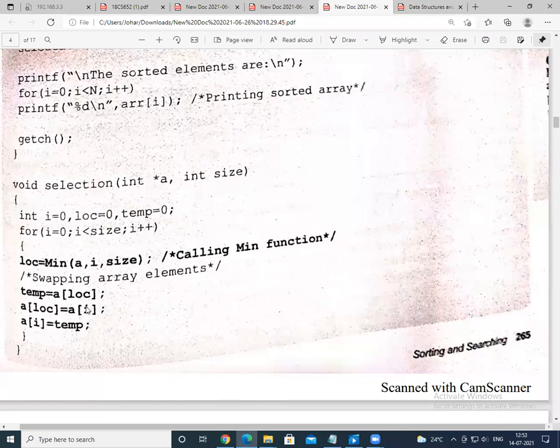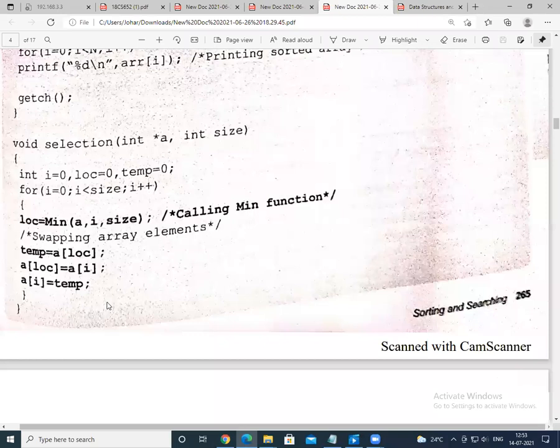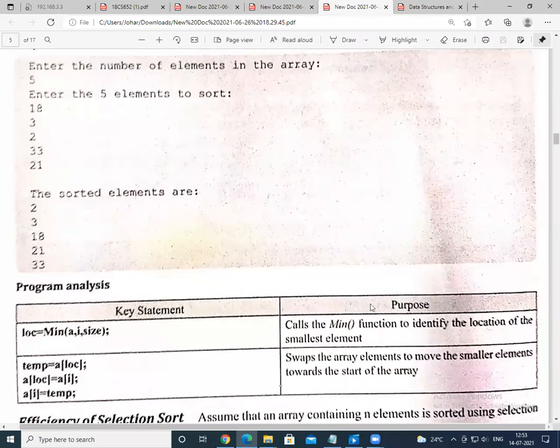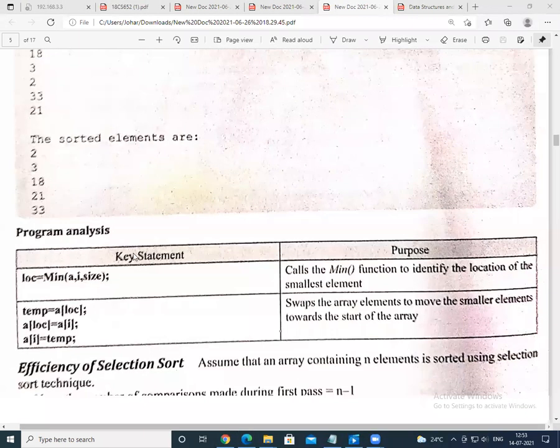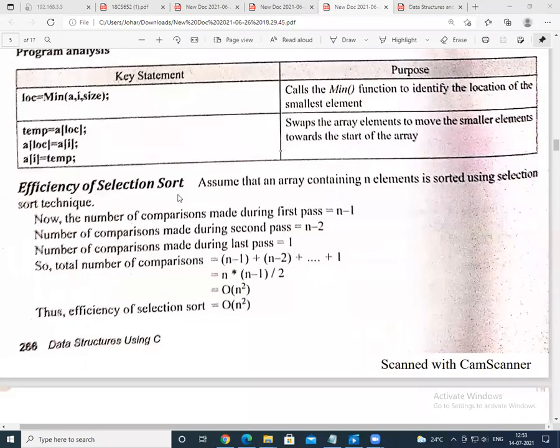What I have shown you in the animation works the same way, and as the i value goes on increasing, the array reduces. See, i equal to 0, the full array is passed. i equals 1, 4 elements. If there are 5 elements, for i equal to 0, 5 elements in the first pass, second pass 4 elements, then 3 elements are passed. Find the minimum element and replace it. As such it goes, and you are going to get the sorted array. But the problem with selection sort is that it takes a lot of memory.